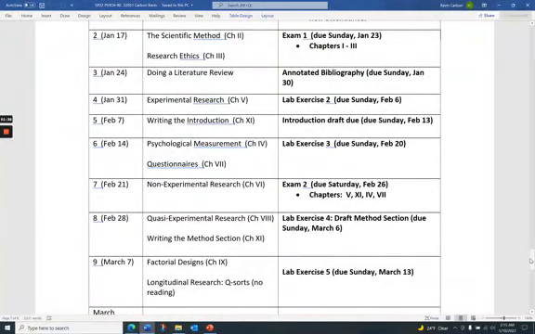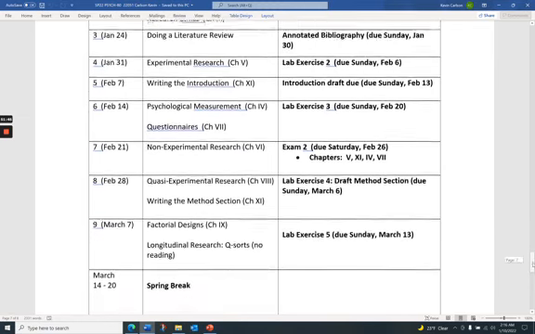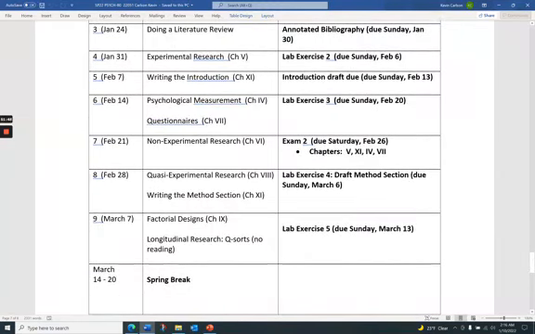So exam number 1 is on chapters 1 through 3. And again, we'll talk more about this as we go through the first couple weeks of class, of course. And then you'll see that what I've done, to help your work on your research project, is I often will give you a week to do significant steps. So you're not doing anything else except working on your research project.